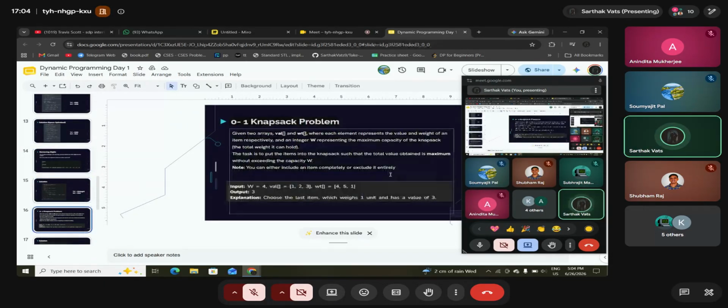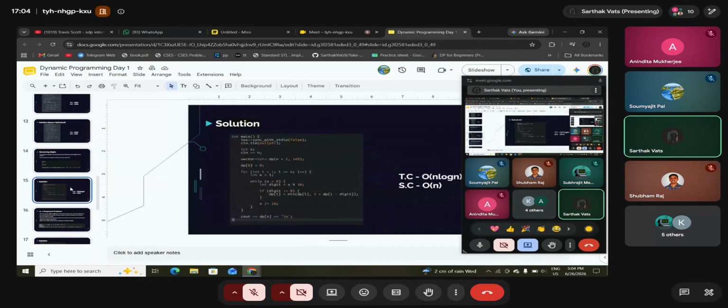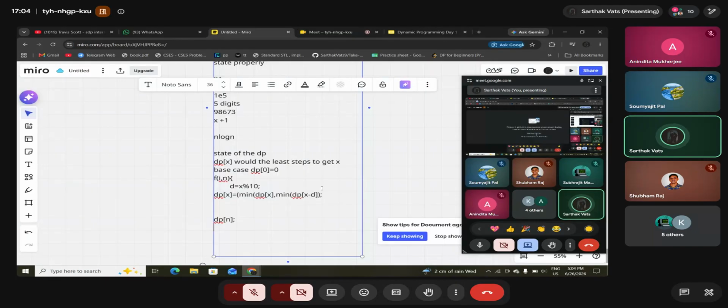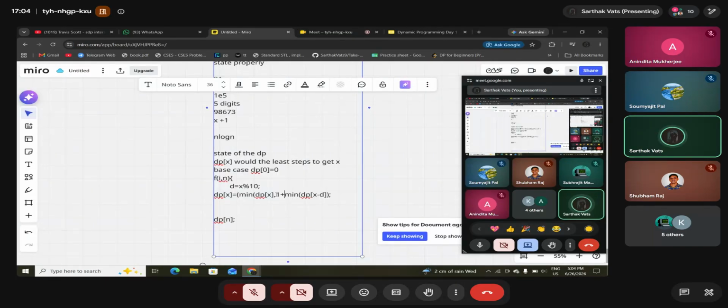So the solution is, as I mentioned, it's O(n log n), and we define the base case as DP of 0 is equal to 0. And then for every particular digit, we just check. One thing that I missed out here was that we'll also add one for the current step